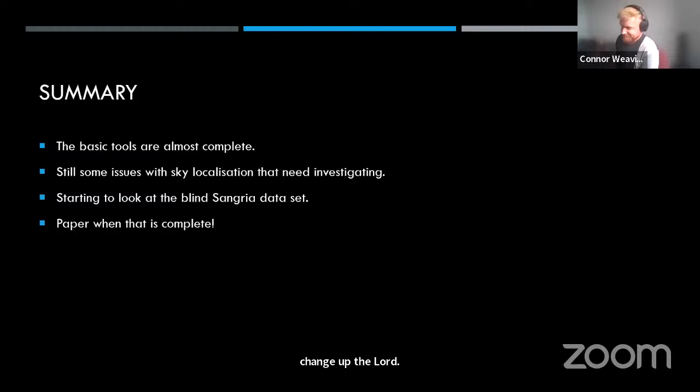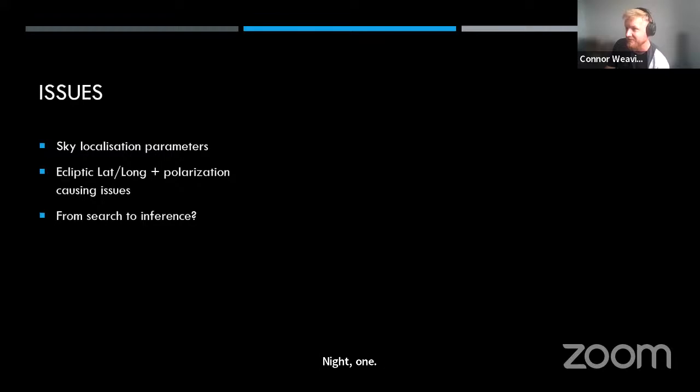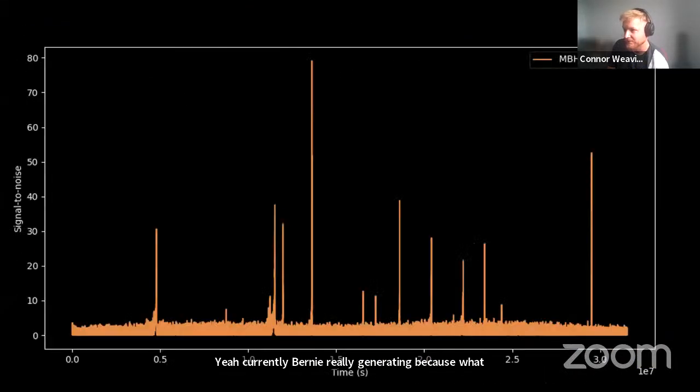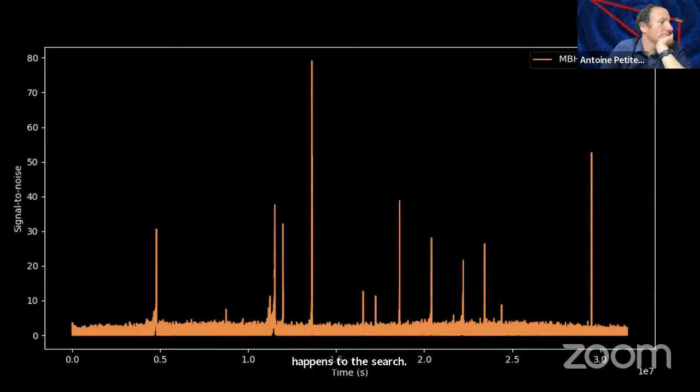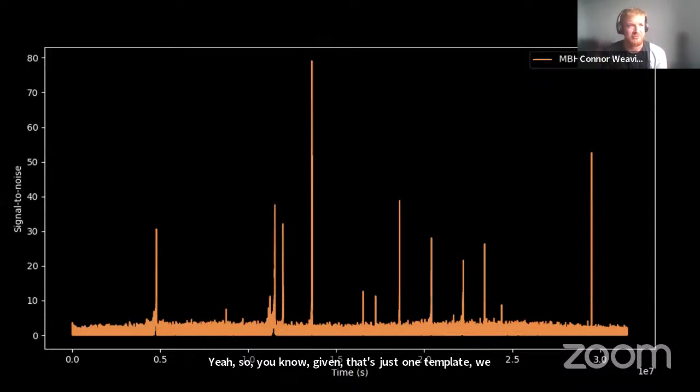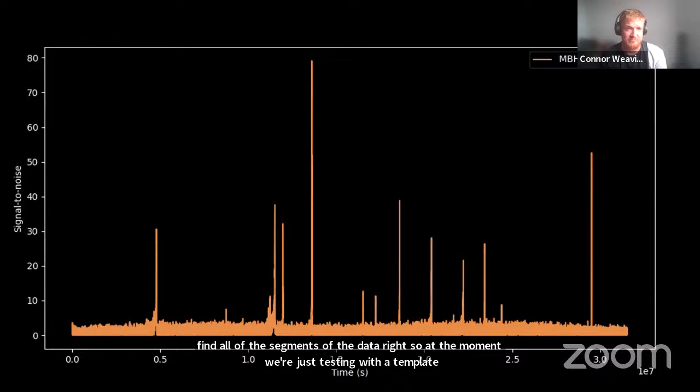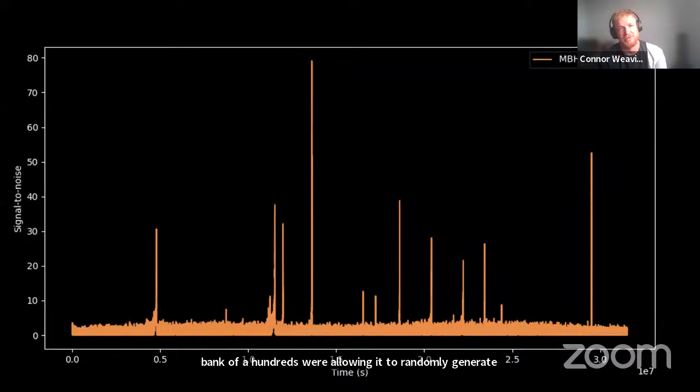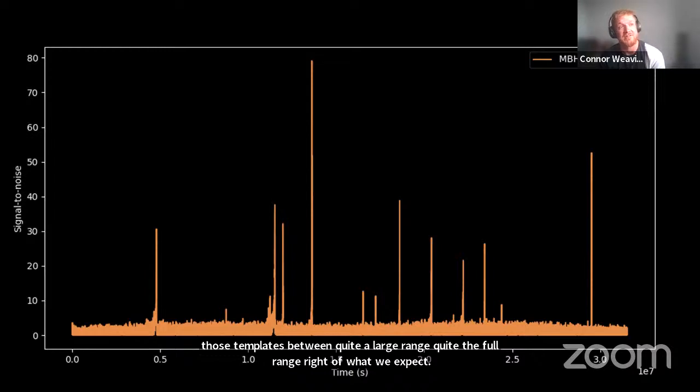No, so yeah, currently we're only really generating, because if I go back to this search, actually, hang on. Yeah, so given that's just one template, we thought that we don't need really such a dramatically big template bank to find all of the signals within the data, right? So at the moment, we're just testing with a template bank of 100. We're allowing it to randomly generate those templates between quite a large range, the full range, right, of what we expect. And we are finding all of the peaks within the data with just